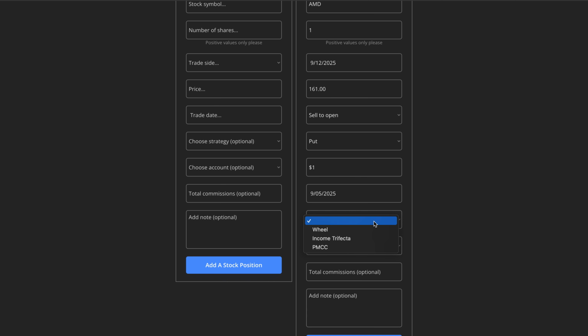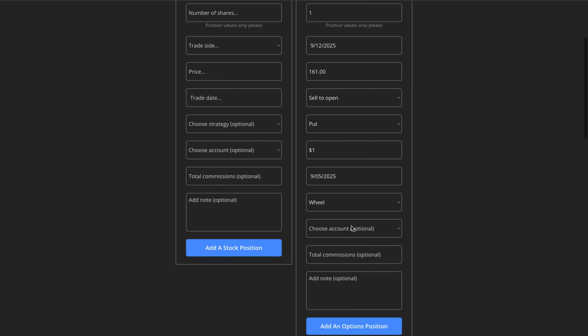And then for strategy, here's a couple of options. So there's the wheel strategy, there's income trifecta, and then there's the poor man's covered call. Let's go ahead and just select wheel here. And as you can see, there's a couple of other optional fields here. So for example, if there's commission fees, or like I mentioned earlier, you can also add notes here in case there was something important that you didn't want to forget later. So let's just go ahead and add a test note here so I can show you where you can find